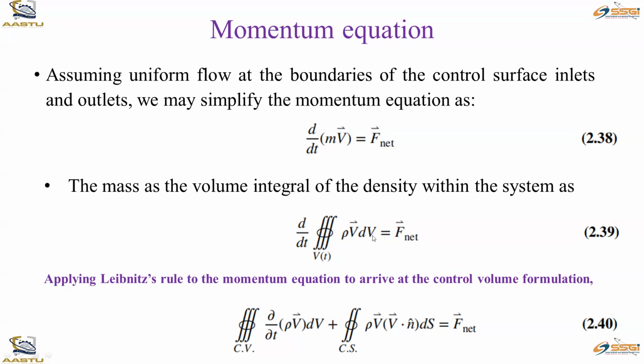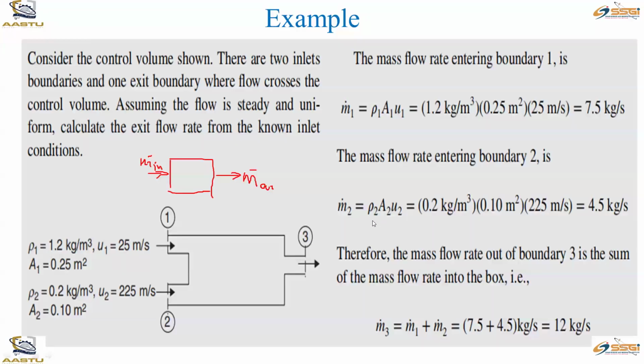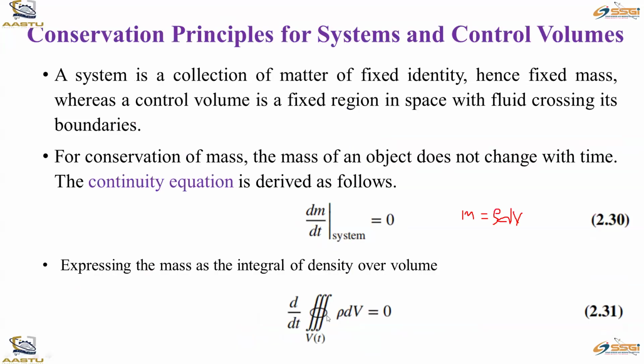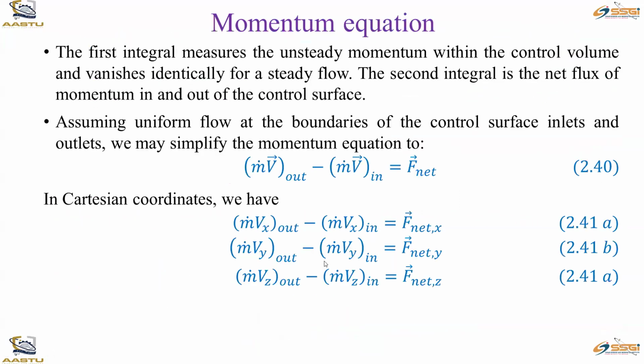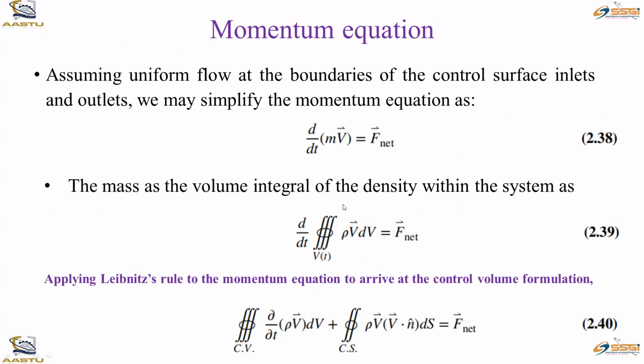Rho is density, dV is volume. Here also, in the place of mass, we used rho dV, right? So d/dt is there only. So it is a similar kind of expression, only v is incorporated here because v is here. Okay, so the addition